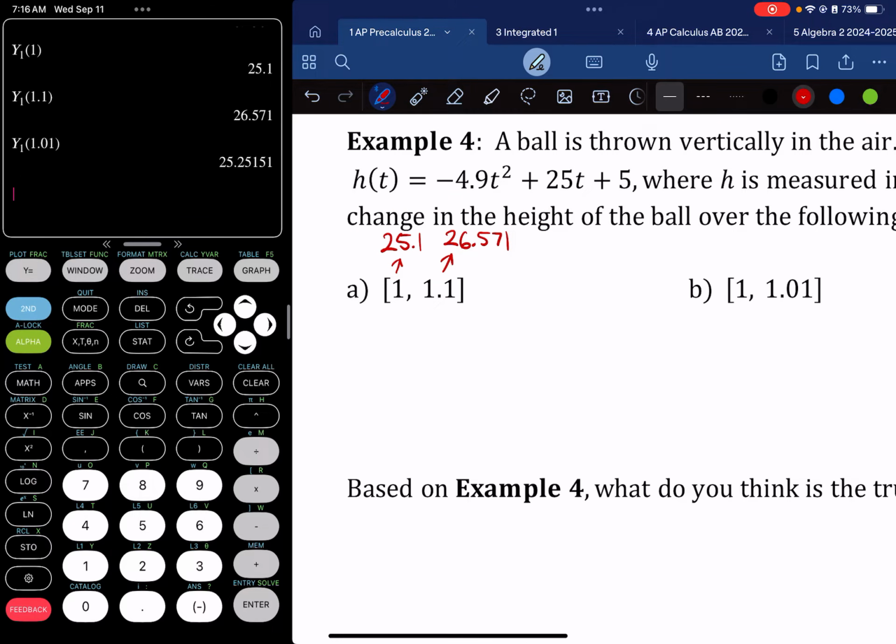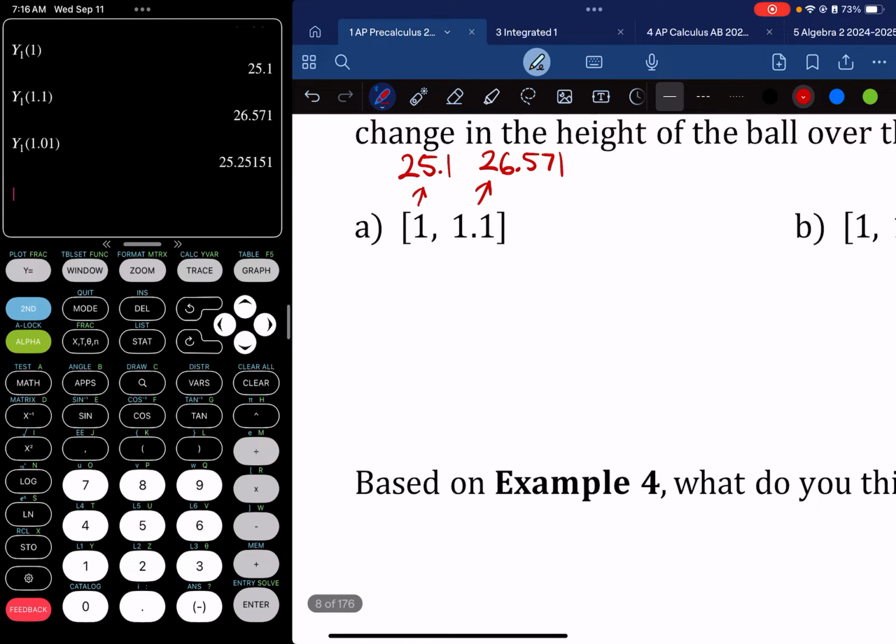So I'm going to write out a formula, and then I'm going to type in that formula, and then I can reuse that formula for A, B, C, and D. I know there's a lot of steps here, but I want to teach you guys how to use the calculator in the most efficient way. So essentially what I'm doing is I'm finding the slope. So the slope is going to be,